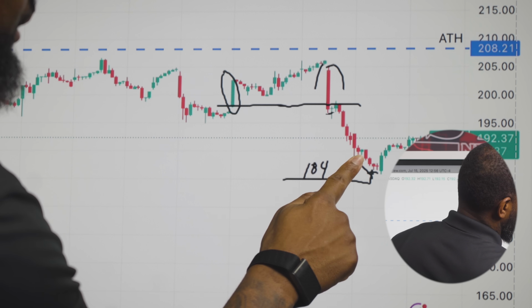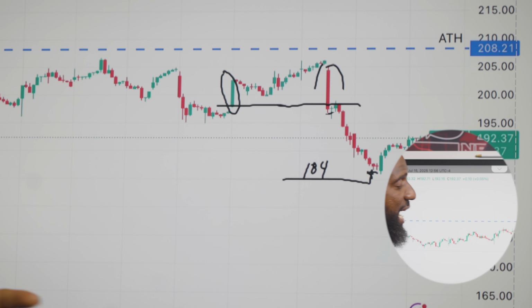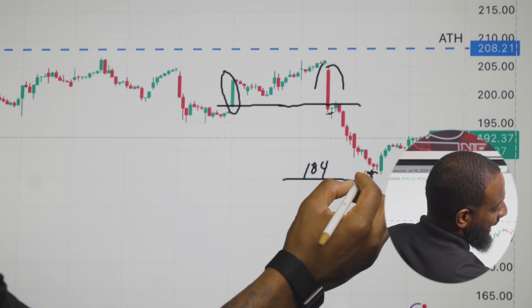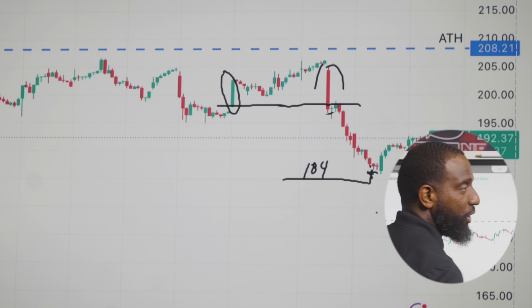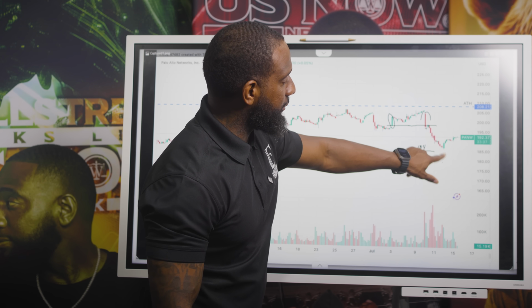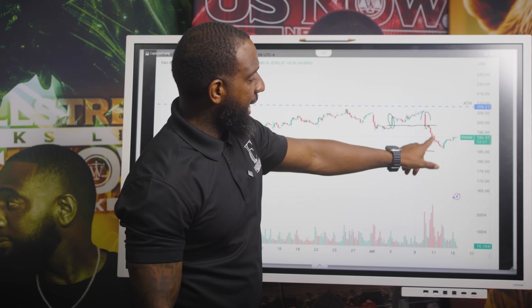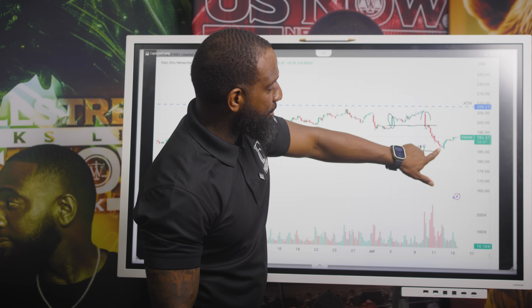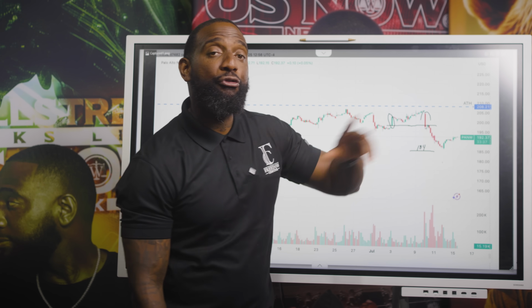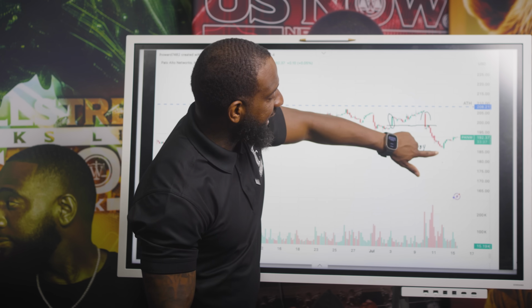Now I'm going to show you where the 1 hour becomes the entry point. So right here at 184, inside of that demand zone, you see a hammer, which tells us a hammer at the bottom. A hammer candle at the bottom tells us a reversal is in play. There's hammer candles at the bottom. Next to that hammer candle, you see a doji, which means indecision. The next candle from the doji candle is an inducive move.